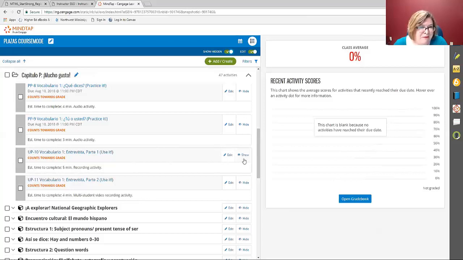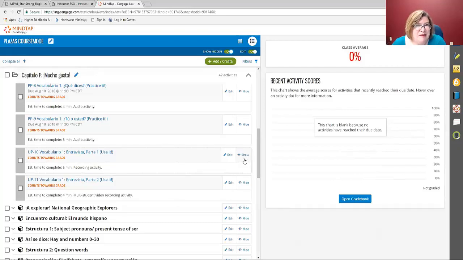If you have some activities you don't want your students to do, and you don't want them to get into them, if you hide them, then they're not going to be able to access them. It's going to remove them from the activities that the students can see, so you're not overwhelming them sometimes with too much information. You can hide things that you don't want to use. So you're really customizing the course to fit the way you envision your course running.